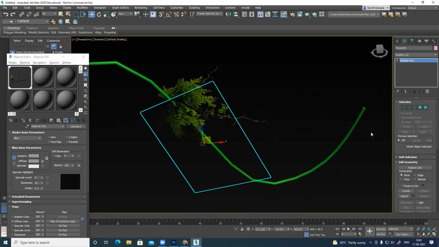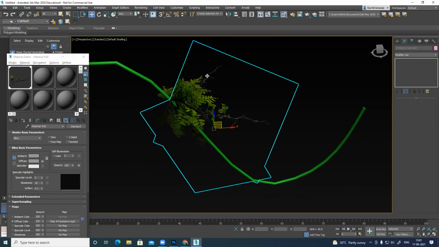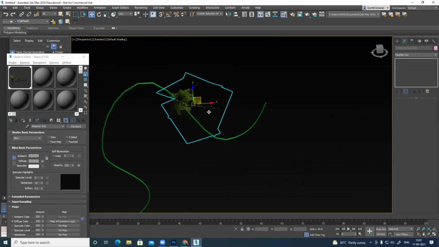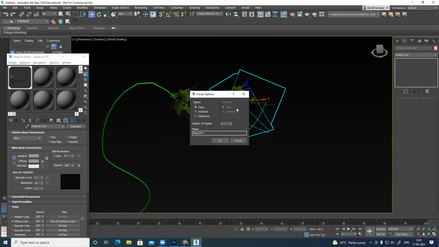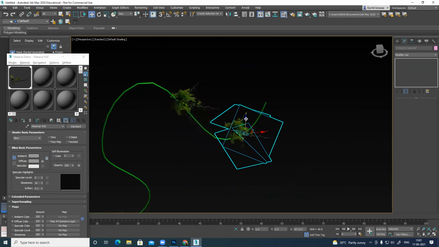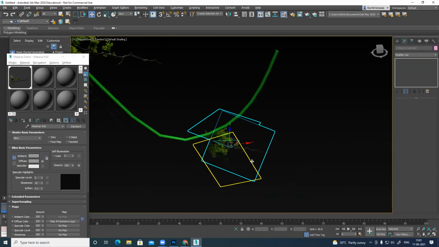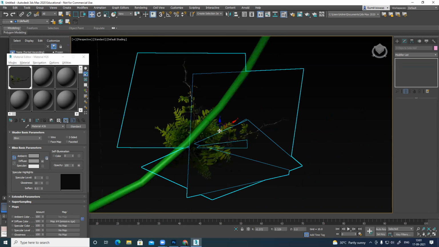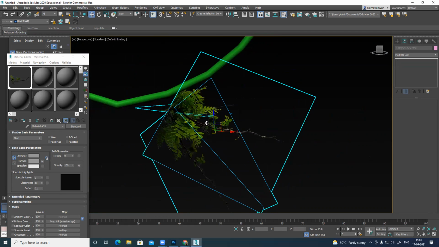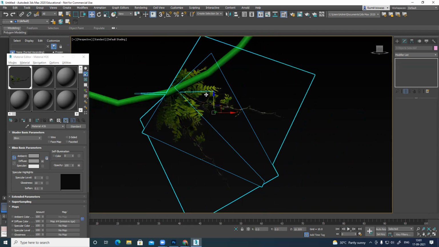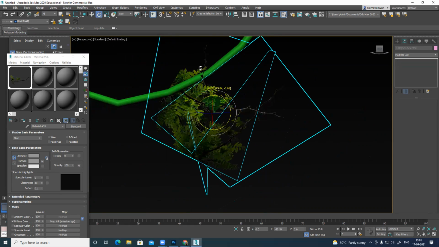So now what I can do is select all three. Duplicate again. Do somewhere. Bring it down. Make it a little dense. Again duplicate.